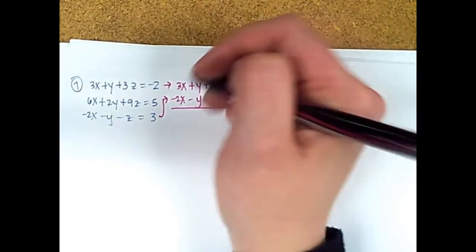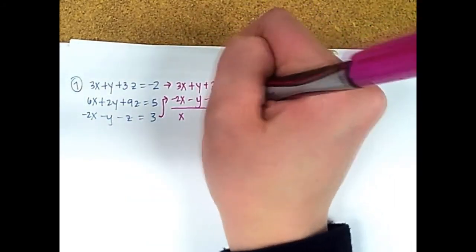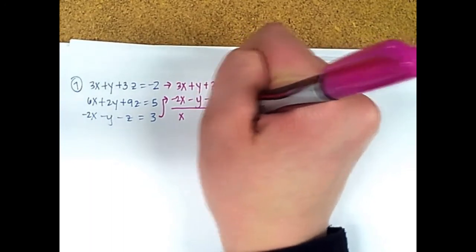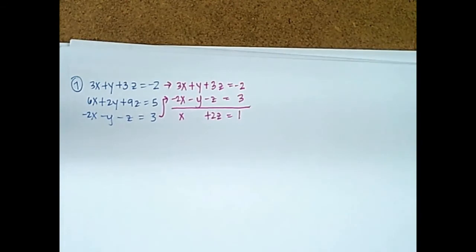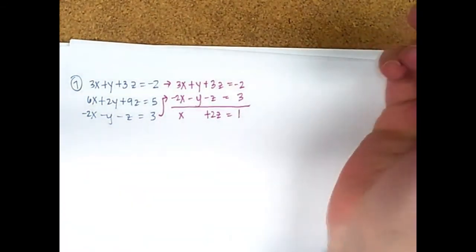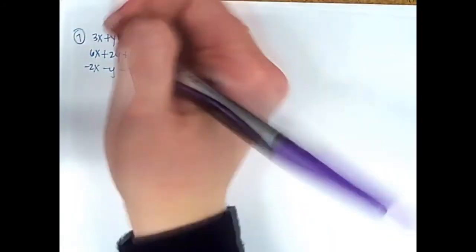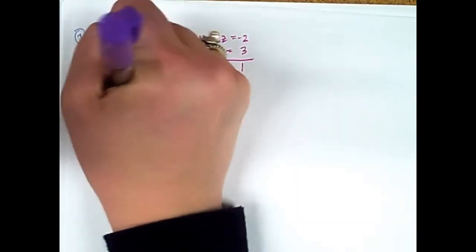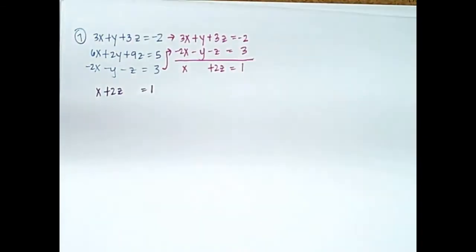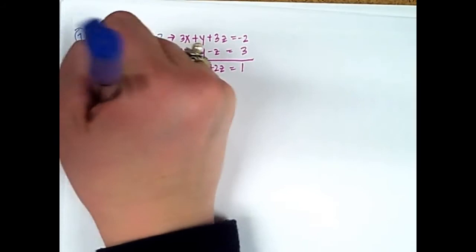So 3x minus 2x gets me x. Y minus y cancels. 3z minus z is 2z. And negative 2 plus 3 is 1. Okay, so I am going to replace my top equation with my new equation, x plus 2z equals 1. And then the bottom two will stay the same. 6x